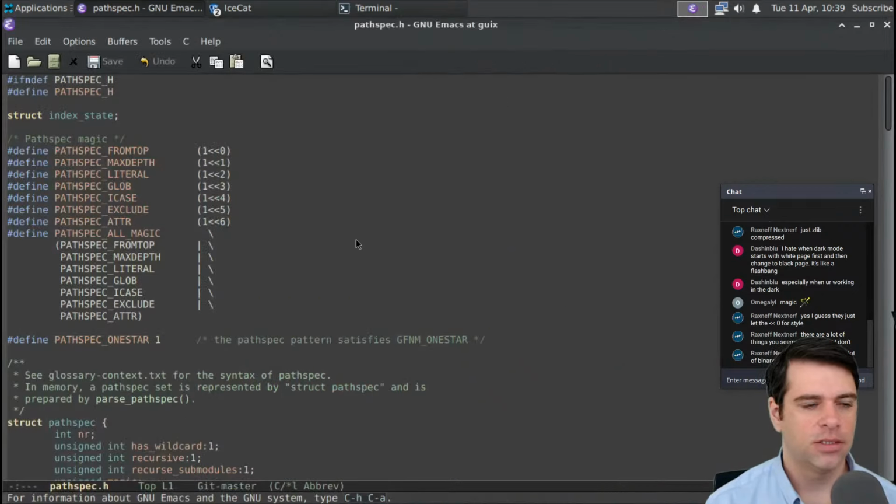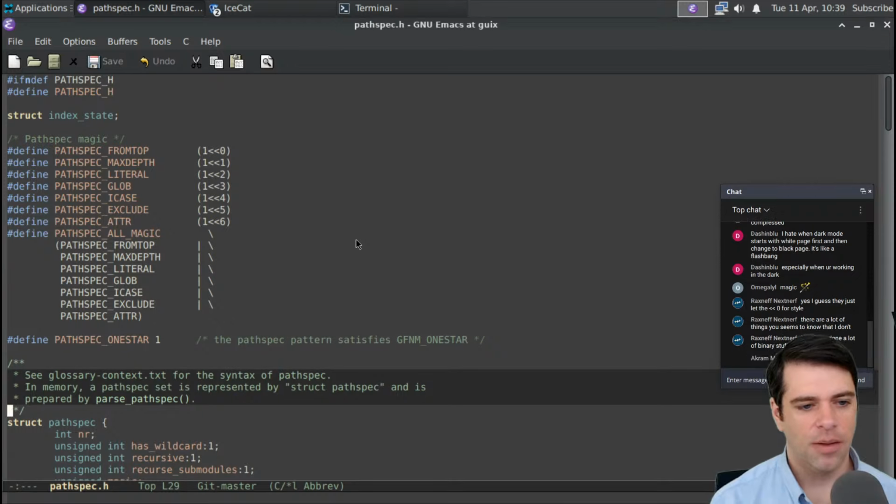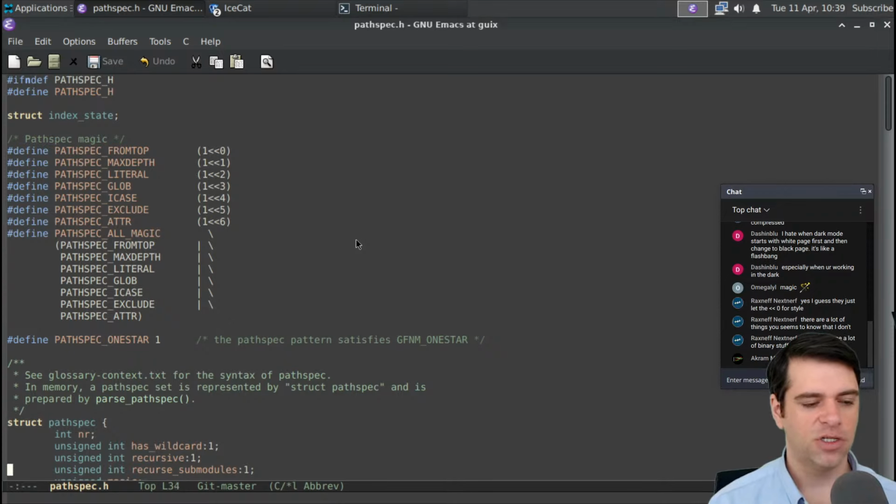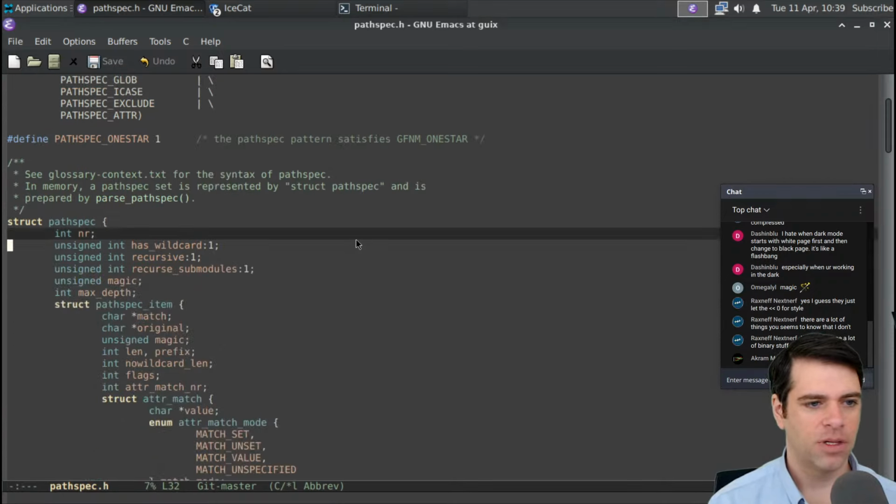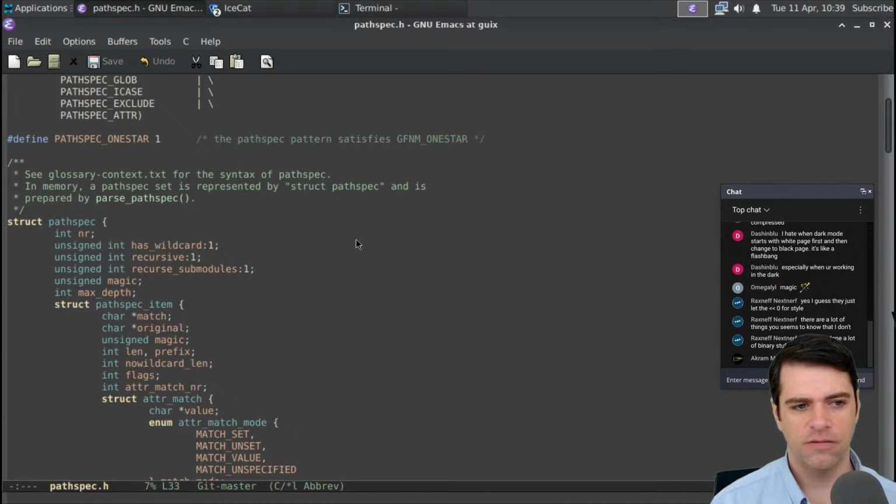So here we are in Emacs. Here we go. Here's the pathspec struct. See glossary context.txt for the syntax of pathspec. In memory, a pathspec set is represented by struct pathspec and is prepared by parse pathspec. So I just want to know what a pathspec has. It's got nr, whatever that is, whether it has wildcards. I guess a recursive int, recurse submodules. These might be booleans, essentially. Unsigned magic, max depth,